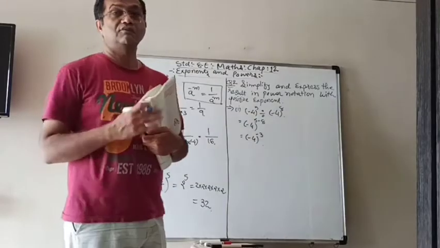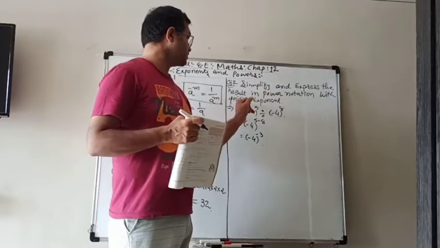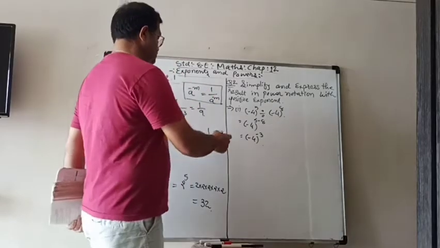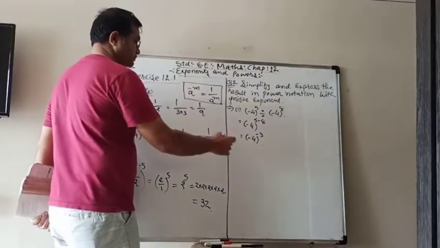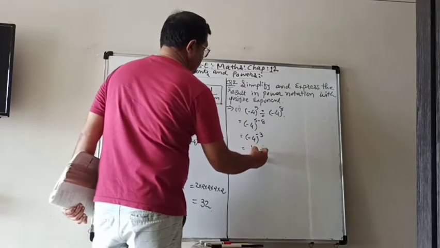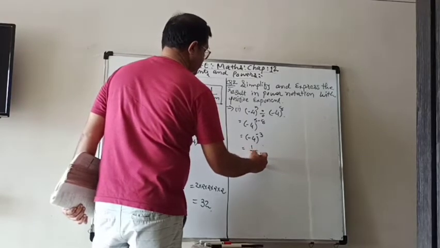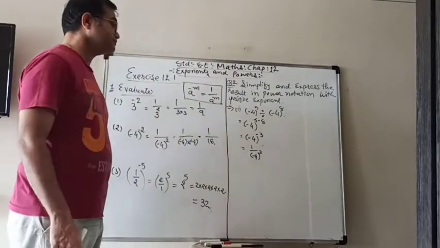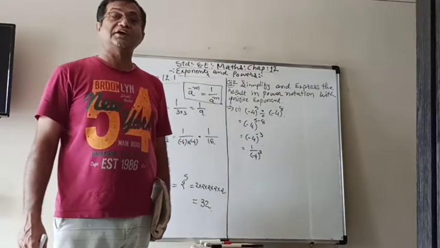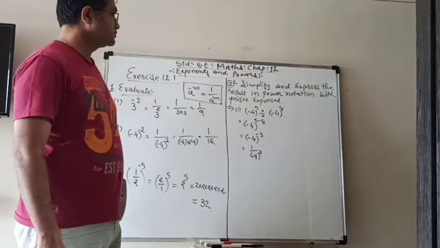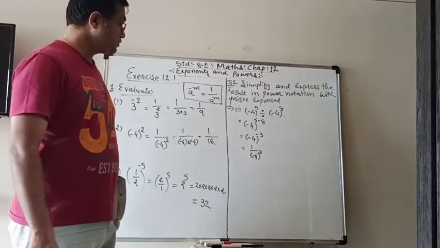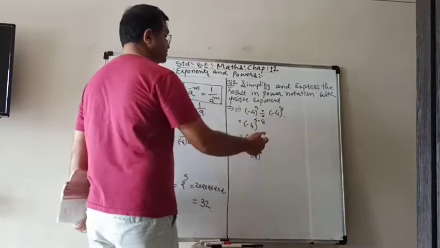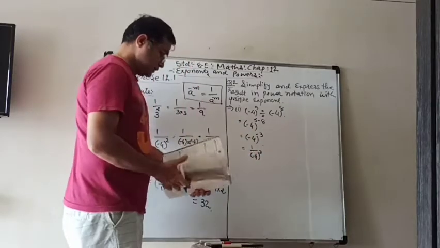But now we have to write down the answer with positive exponent. So applying that same rule here, we can write it as 1 upon minus 4 power 3. So when we take the reciprocal, the power becomes positive. So we can write 1 upon minus 4 raised to 3. Second one.